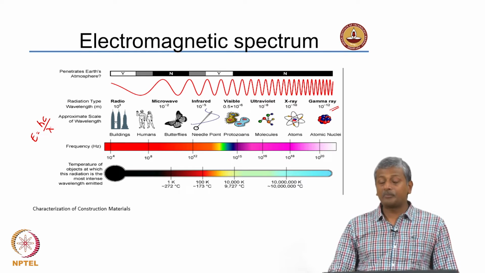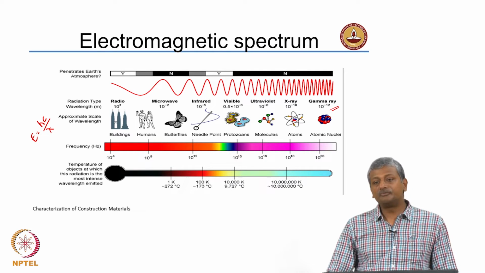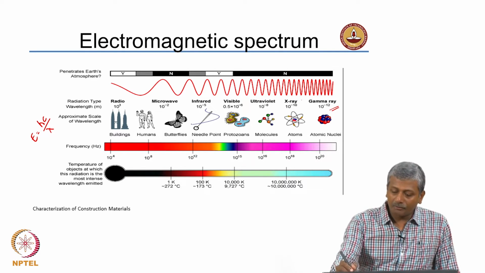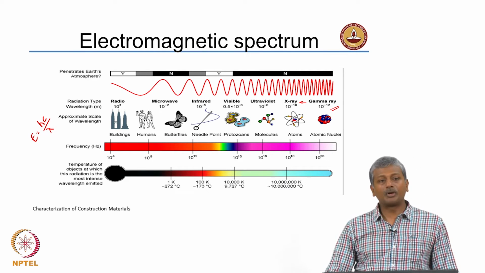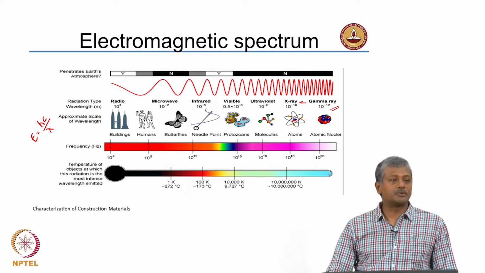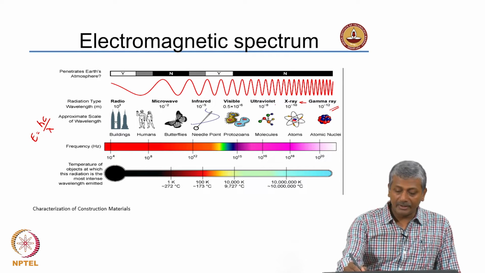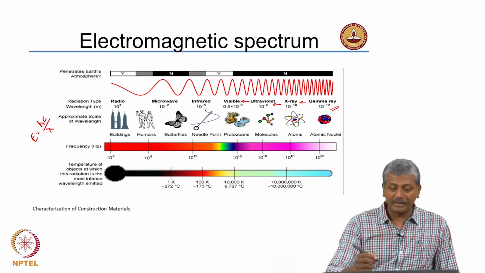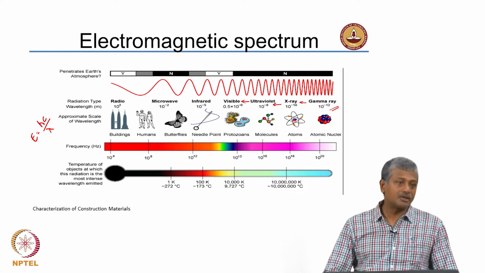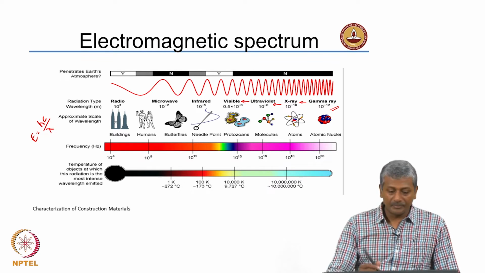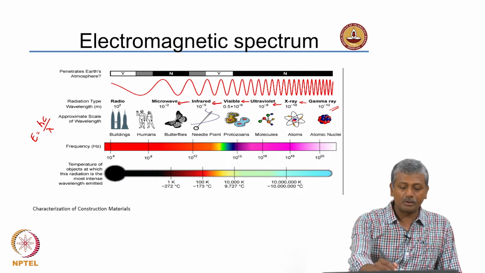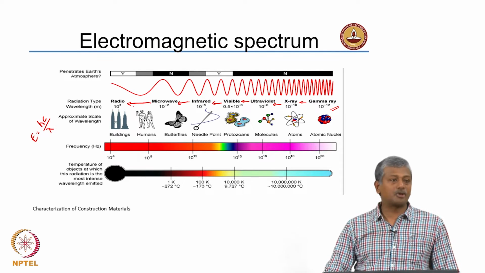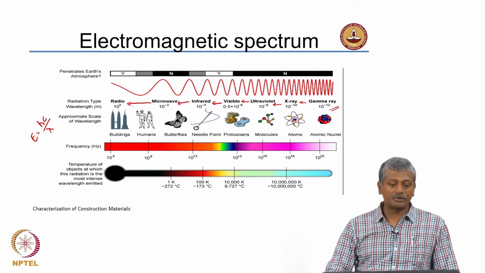So, gamma rays have 10 power minus 12 meter as the wavelength. So, you can imagine they are very high energy electromagnetic radiations. Then if you come from gamma rays down to X-rays, you are reducing the energy by 2 orders of magnitude, that is, about 10 power minus 10 meter is the wavelength. Ultraviolet as compared to X-ray is again 2 orders of magnitude. Visible light is, again, 2 orders of magnitude lesser than ultraviolet radiation. And then you can come to infrared, then microwave, and then radio waves. If you look at radio waves, the wavelengths are of the order of kilometers, 10 power 3 meters.